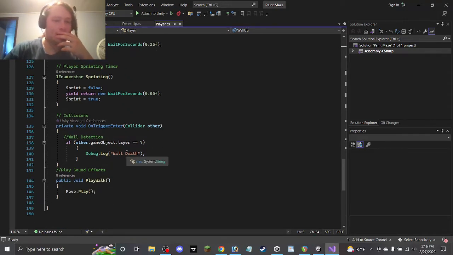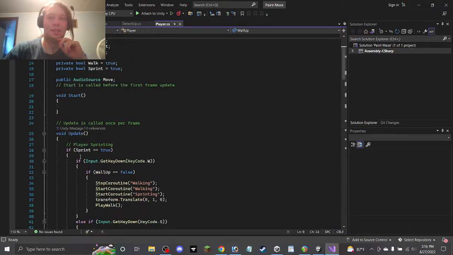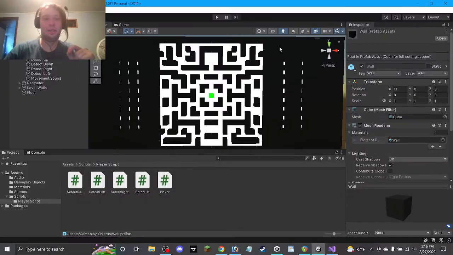So, yes. And also, that's just to detect if the player's inside of the wall, which we haven't set up the wall death instance yet, but we'll worry about that later. For now, though, we are going to go ahead and start making some stuff here, utilizing the knowledge that I've acquired, and I have a list of what I want to